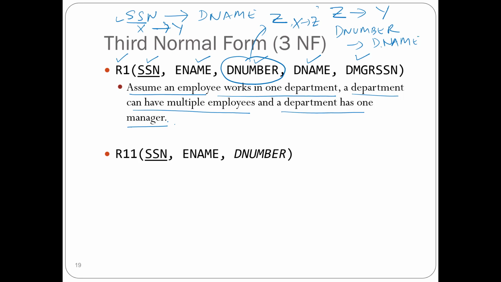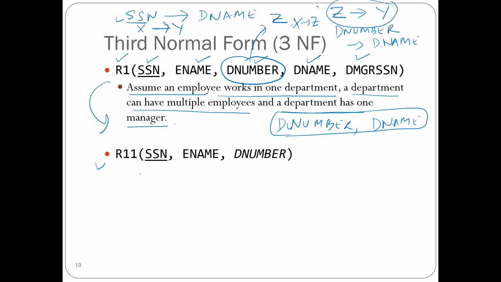So how do we fix? We'll have to break this thing down. What do we need to break? This Z to Y is causing a problem, right? So we will take D number and D name out of this table. Okay, because here only we have the problem, right? And then, yeah. So in that effort, what we did, we'll break R1 into R11, and in R11 you will